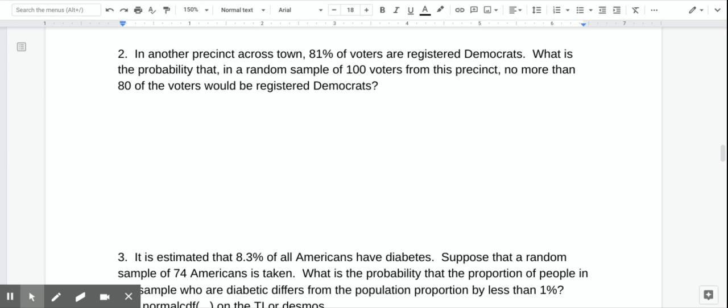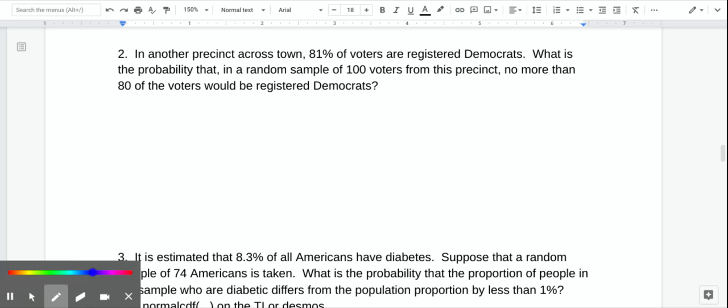All right, so now we're going to look at another precinct somewhere else. This would clearly not be Williams County. 81% of the voters are registered Democrats. What's the probability that in a random sample of 100 voters from this precinct, no more than 80 of them